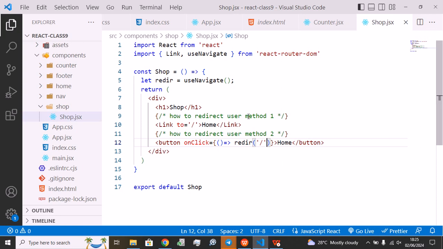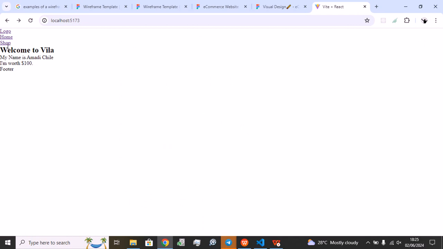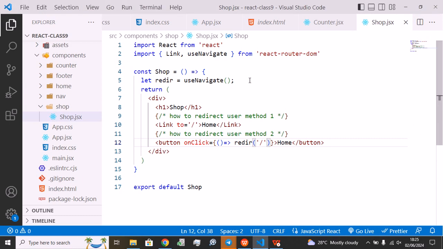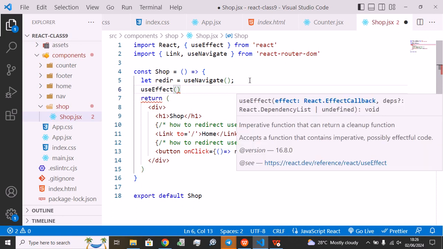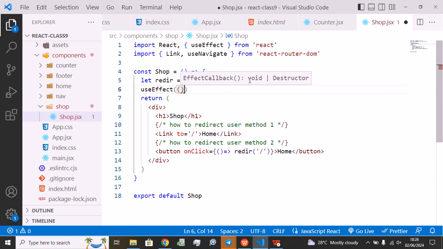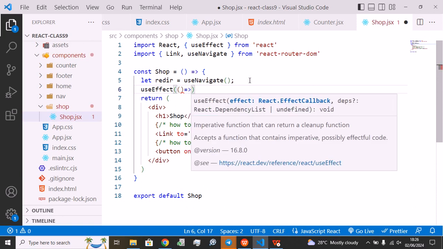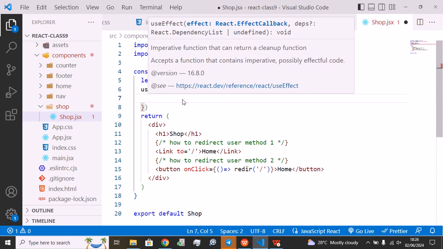Then just to show you an example of this, let's say I want to redirect a user now, which I cannot do with my Link tag. So let's say if a user enters this shop, I want to automatically take the person to the home page. So I'm going to do that now using my useEffect. So I'll say useEffect. So this is where, sorry, let me get that right. So this is where the